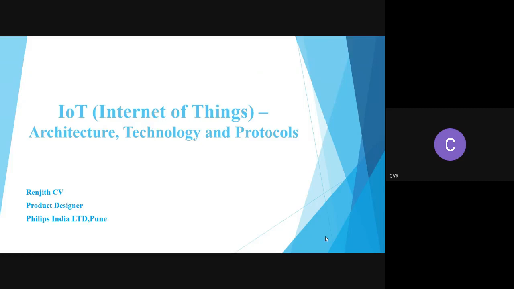Where I'll be talking about various components in IoT, the architecture, various technologies used there, like various communication technologies, the protocols. I'll also tell you about the various IoT protocols, and also talk a bit about the cloud, edge, and fog concepts. Then I'll focus a bit more on industrial IoT, and at the end I'll focus a bit on